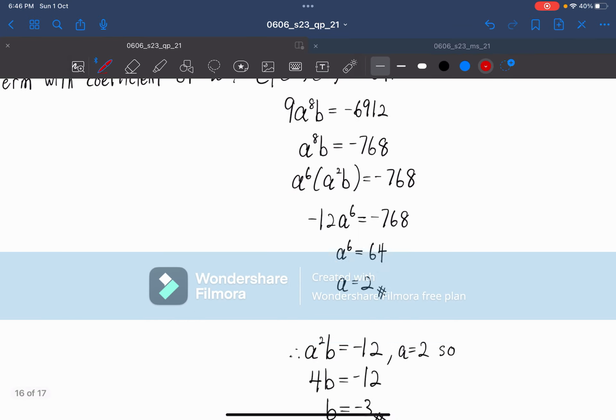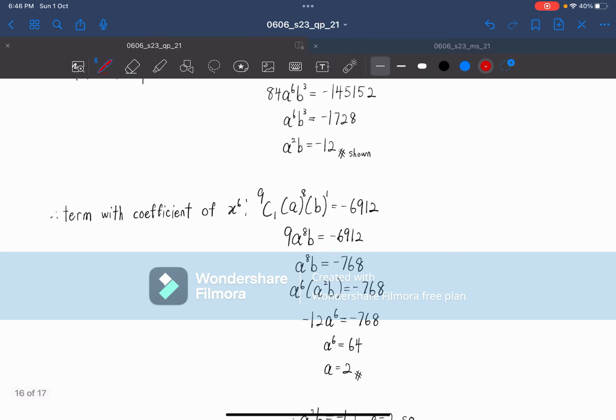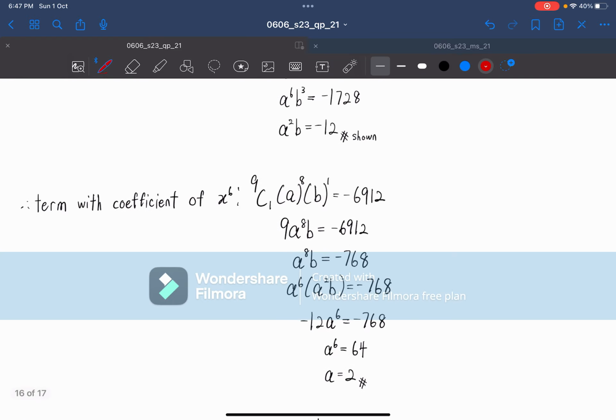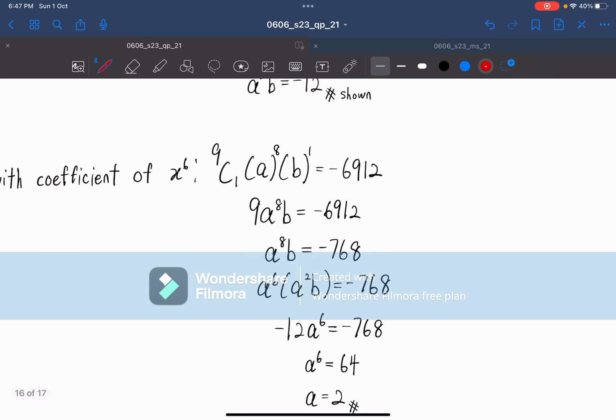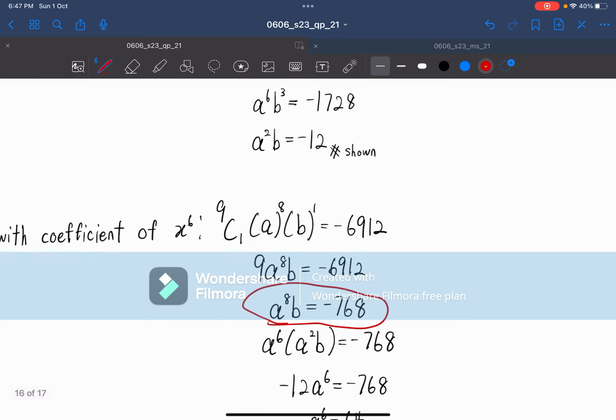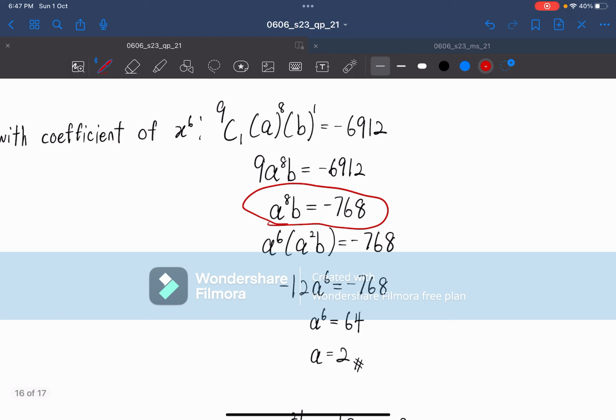Just do it slowly. Take your time. You have 2 hours for this paper. You should have enough time. So once you figure it out, open it up, rearrange it, and you notice that you get this right here. What you need to do next is really just split it open. It's actually x to the power 6, and if you split it open in 2 parts, it's going to be x to the power a to the power 6,